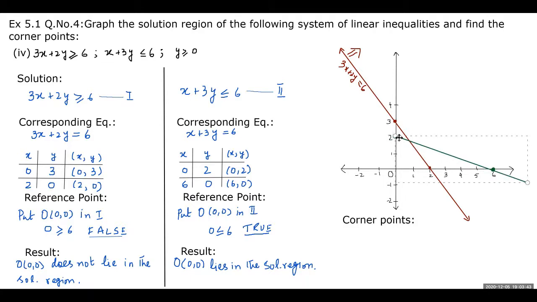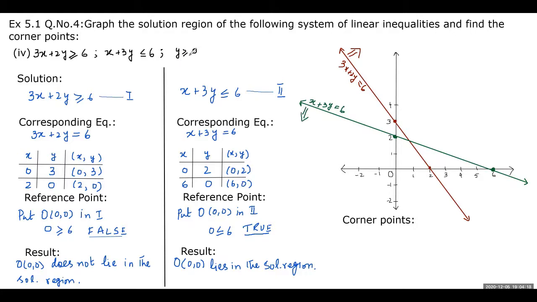On this side, I'm going to extend the line, and here it is. Now I'm going to put arrowheads on it, here and here. Now I'm going to write the equation of the line, which is x + 3y = 6. Next step, I'm going to mention the solution region. Origin lies in the solution region, so origin lies on this side of this green line. It means its shaded portion will be on this side. Now we get to this third inequality.